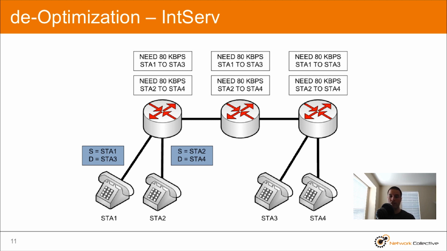Each individual flow has its network resource request honored by all devices. So I think that's pretty straightforward. Even when the network is highly loaded, this is still true. So even in situations of congestion, you can still get the optimal performance you expect.